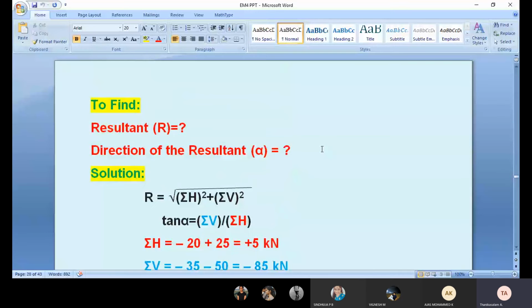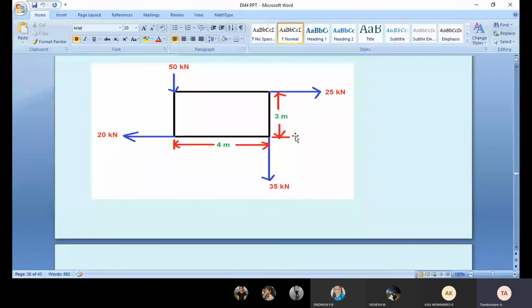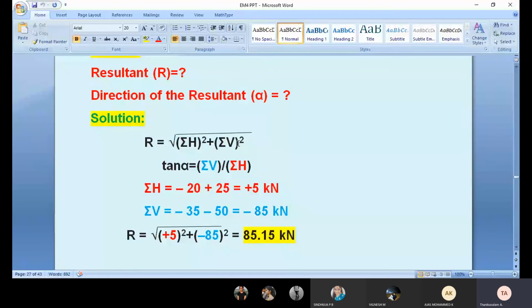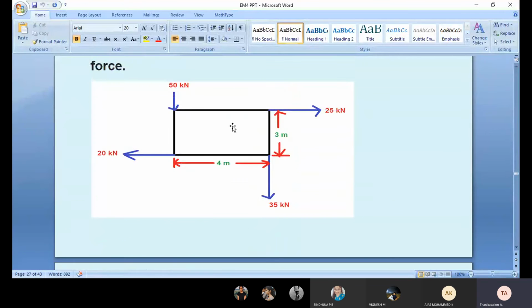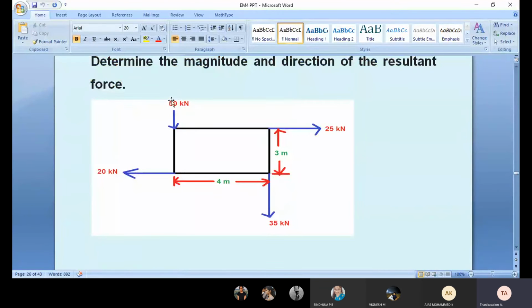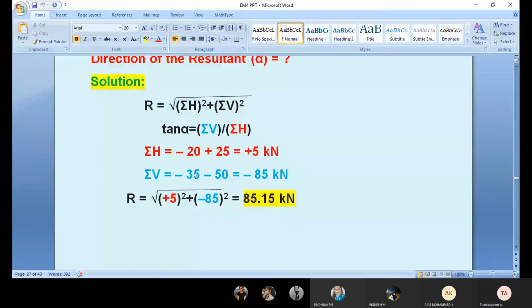So 4 forces we replace with a single force. How do we do this? We have a general formula: R equals square root of summation of H squared plus summation of V squared. Why am I writing this formula? Because it is the general formula for more than 2 forces acting. We add all the horizontal forces. While writing horizontally, you have to look whether it is plus or minus. In the diagram, 20 goes to negative x, therefore minus 20. 25 goes to the plus x direction, therefore minus 20 plus 25. In the vertical direction, minus 50, because it goes vertically downward. 35 is also vertically downward, and vertical downward means minus y direction. Therefore minus 50 minus 35.